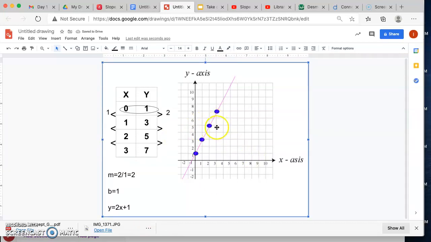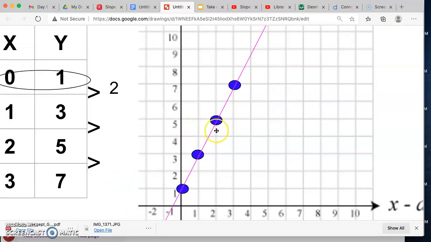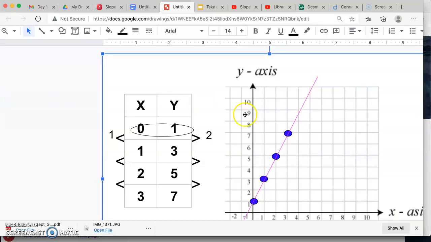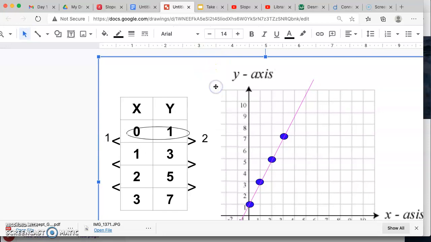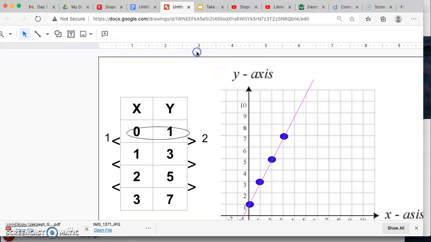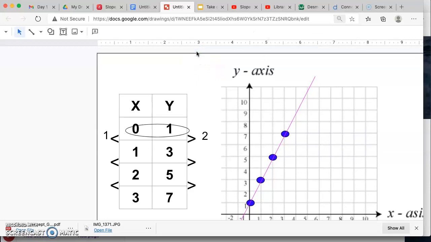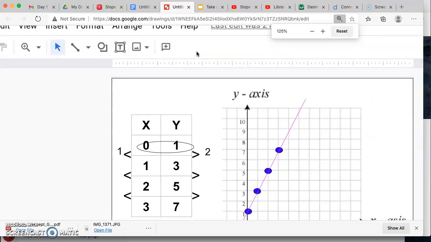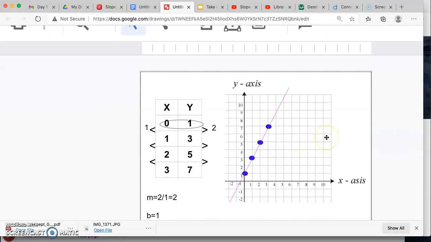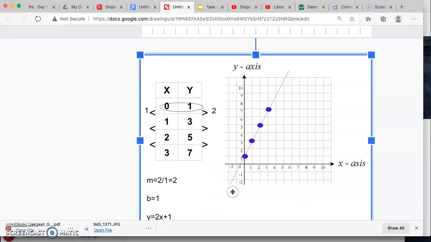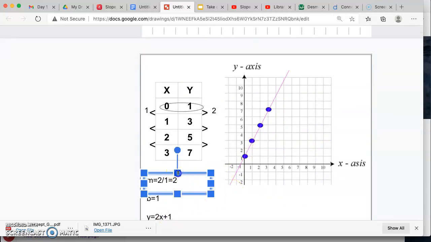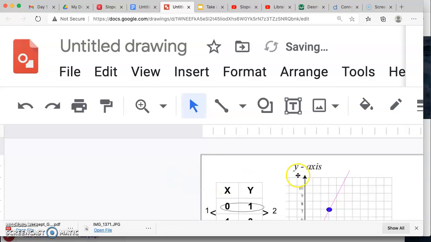Now I can find that same information from this graph also. From this graph, I am going to say, so if I've got this table right here, and this graph, I can find the same information. The truth is that the b is still super easy, because